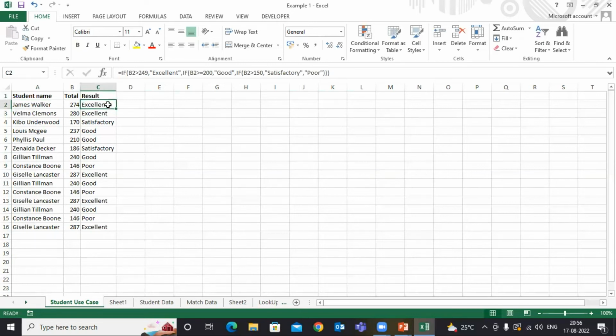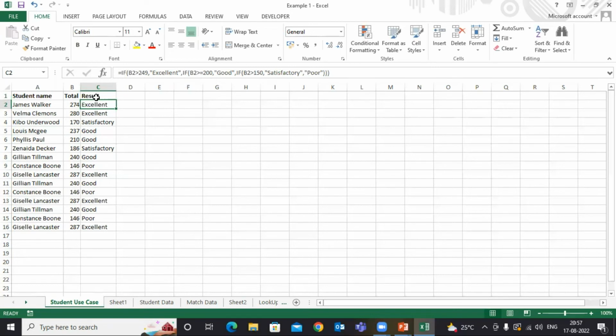Now, if you look at this particular result, I think it has the formula, right? So assume that you want to make this formula disappear, because whenever we are dealing with a larger set of data, in case the Excel sheet has formulas, in order to perform any of the Excel manipulations, it will take longer time, right? So it will ask you for the updates, and for each and every update, it will take longer time. So how we can